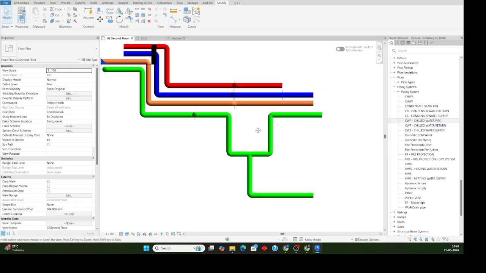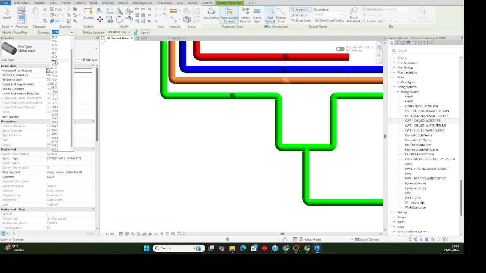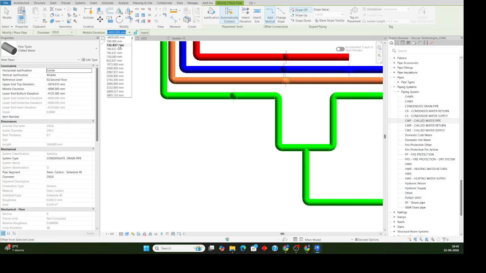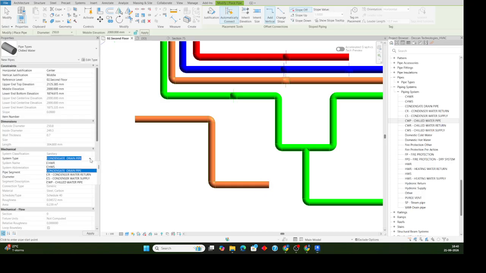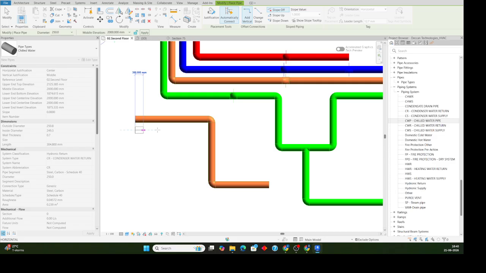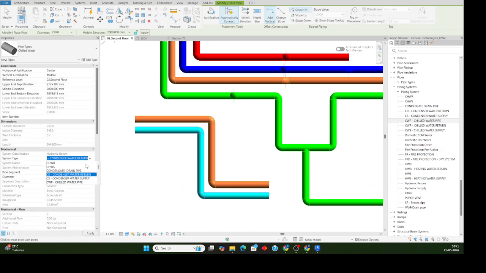Okay, this way is a different kind of piping we are making using piping systems. Different sizes you can make. Okay, so for example, if you want to make it up to 250, this level you want to give like 2000, whatever sizes. Okay, so you can just make it clearly like this. Different systems you can change from here. This is another one, so you can just make it clearly with the different piping system. The piping system from the family, and then you can create a lot of